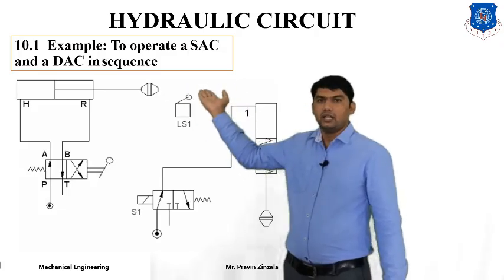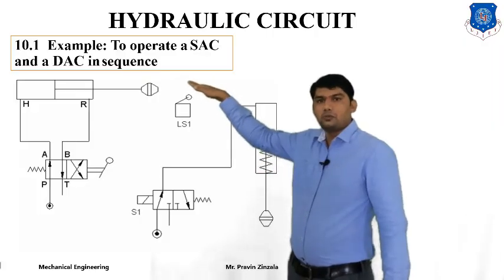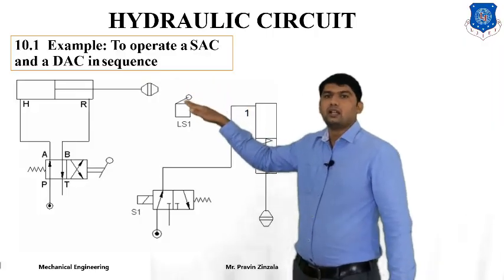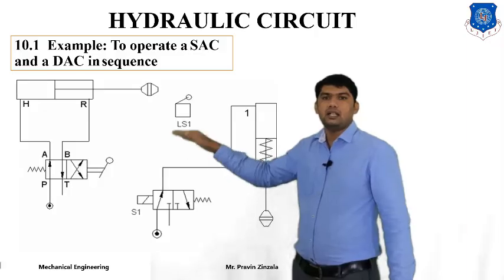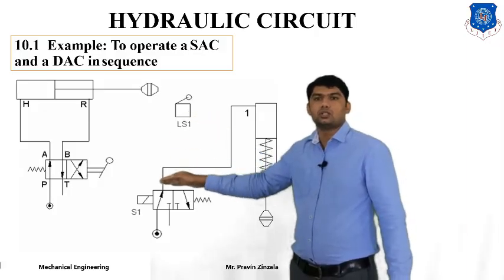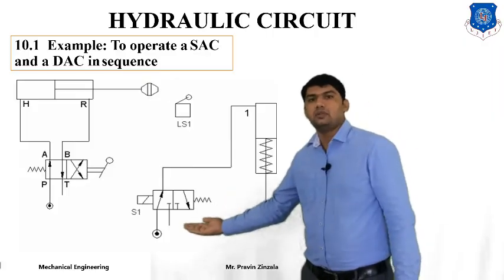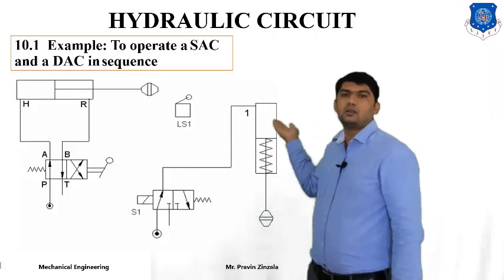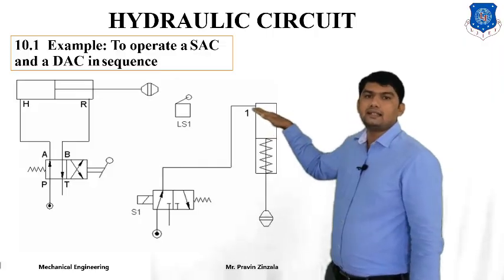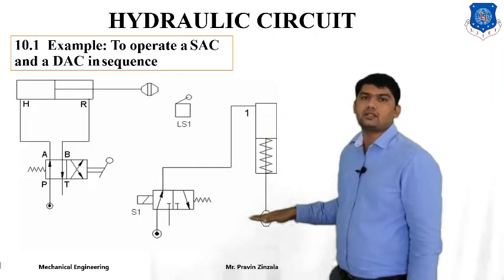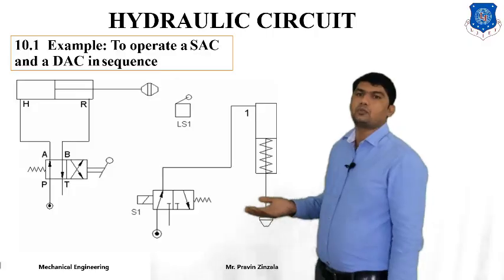At the end of extension, it applies force to limiting switch number 1, and the limiting switch starts and supplies current to solenoid 1, and the solenoid starts to apply force. The pump is connected to cylinder number 1, and the single acting cylinder will be in extension position. What happens in the second position?